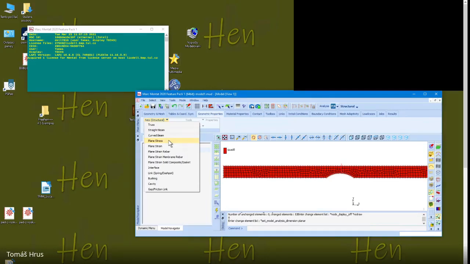That means it's a planar problem with planar stress. Of course, we can solve a planar problem with plane strain, but if you look at Hooke's law, plane strain and plane stress are different. So I will choose plane stress. Once more, geometric properties, new plane stress, click,